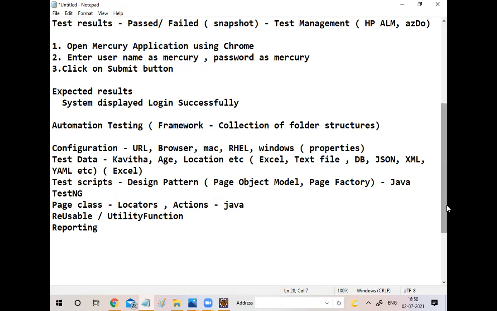Okay, fine. And this reusable function, everything we can do with the help of Java. Reporting. There are so many different reporting tools: default TestNG reporting, Cucumber reporting, Azure reporting. That we'll talk about later actually. So the conclusion is